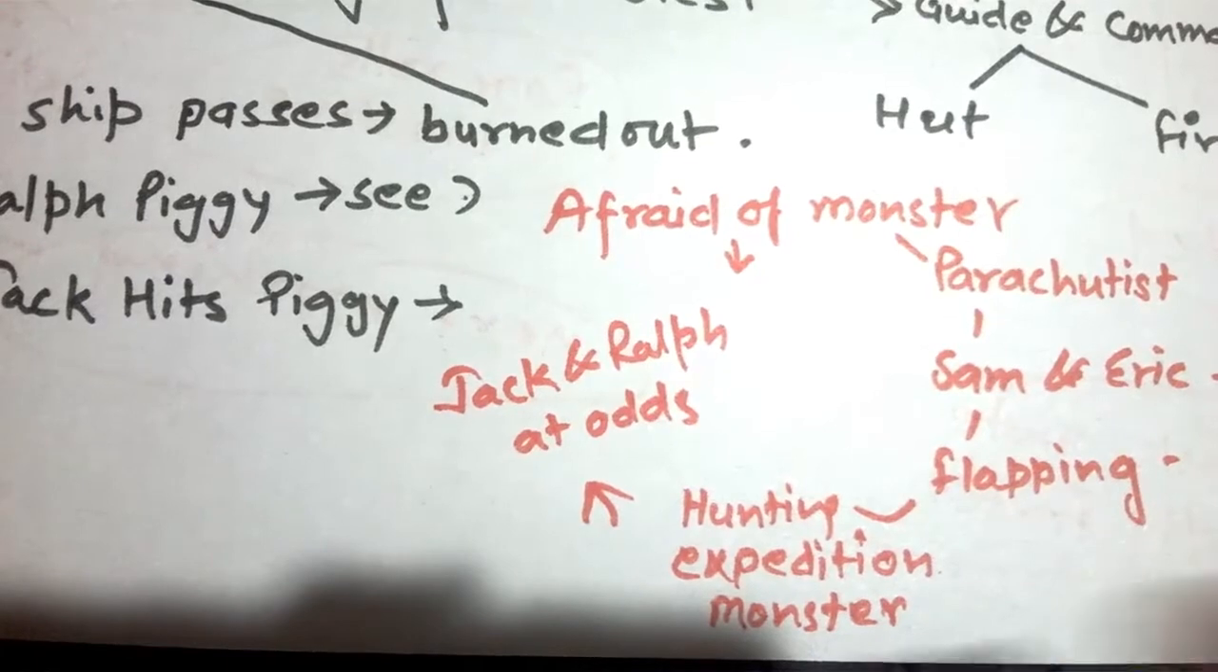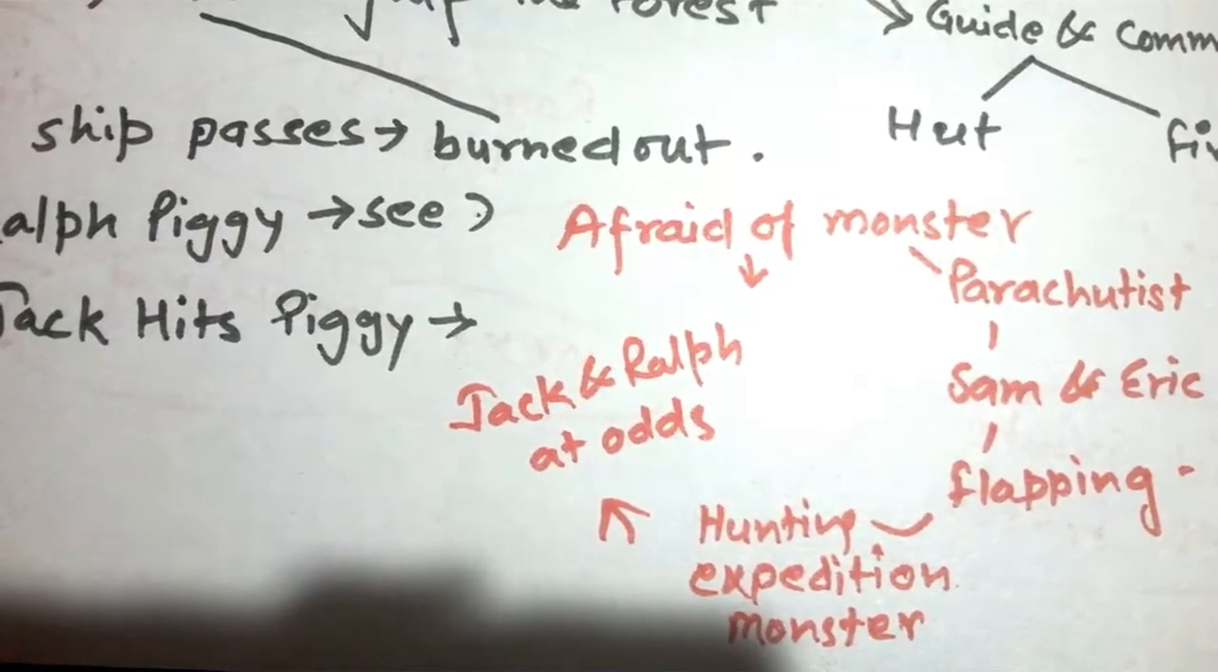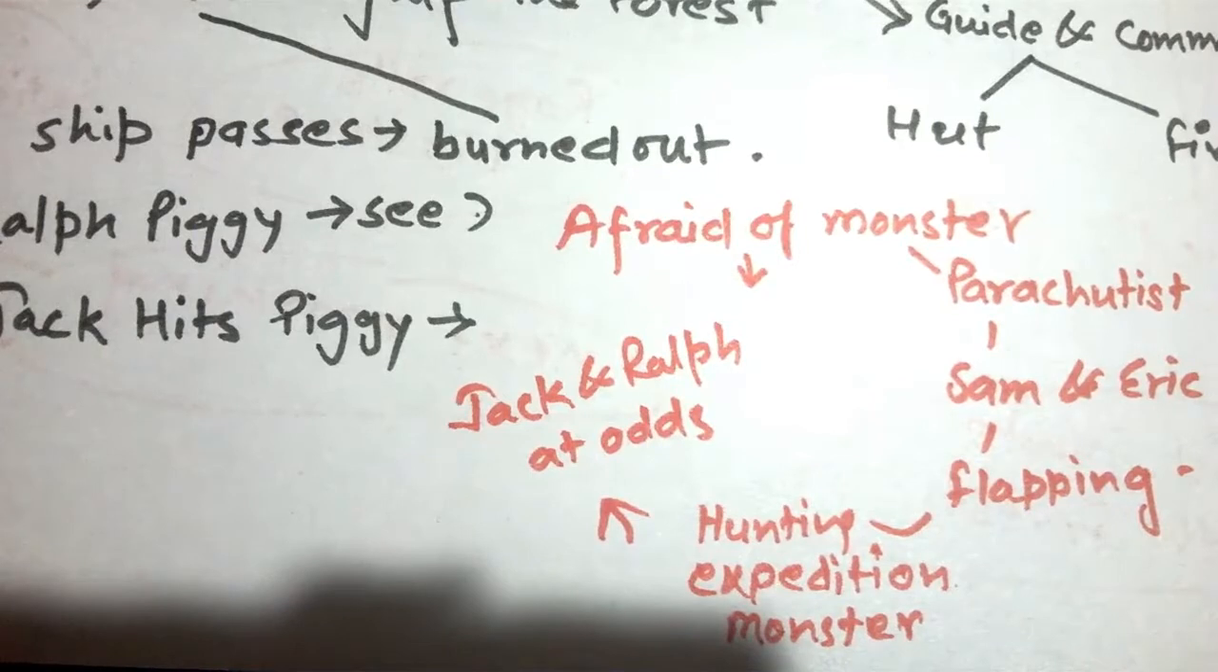And what happens then? There is an important thing to remember: there was a parachutist. Sam and Eric were given the duty of taking care of the fire, but they also slept. They couldn't see the parachutist, who fell down and was hanging on a tree, flapping. And when Sam and Eric saw that, they thought that it was a